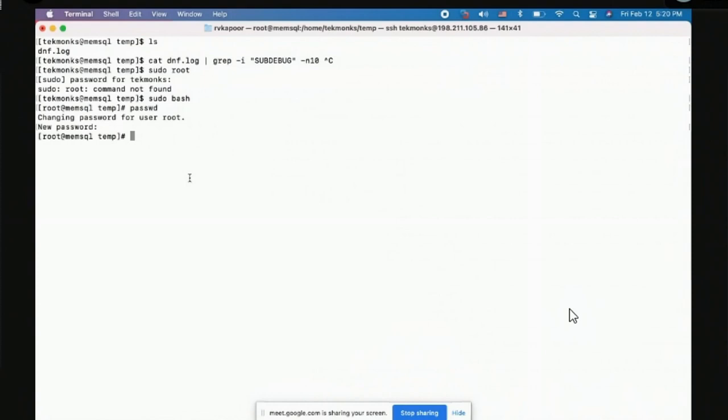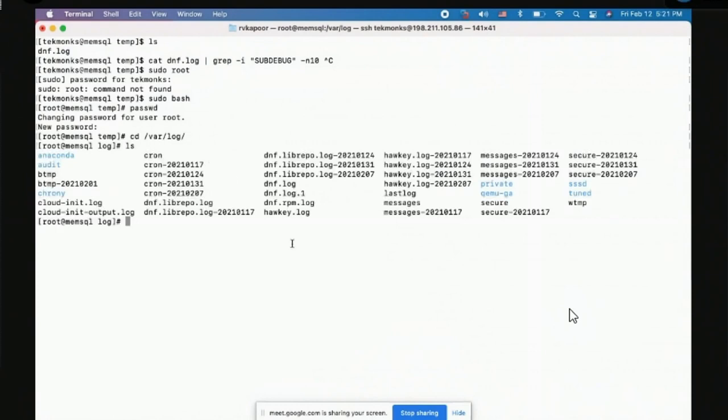If they say yes, and you have sudo access, then you can always become root. So anyway, I'm root now, so let me go to /var/log. This is an important directory from an operating system perspective. /var/log contains all the important log files for the operating system. This is good for you to know, because most of the time things that are going wrong would be in